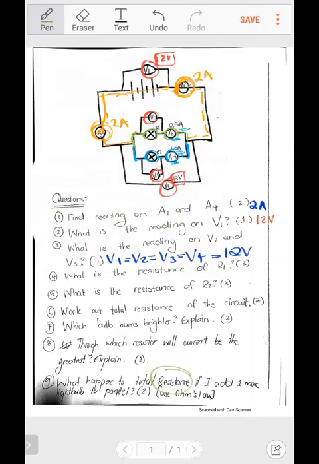Let's use a green. I want to find the resistance of R1. I say R is equal to V over I. And please don't forget your Ohm's law triangle. Ohm's law triangle has current here at the bottom, voltage on the top, and R at the bottom, right? So it becomes R is equal to V over I. What is my voltage running through R1? The voltmeter across R1 will tell me the voltage going through it, which means